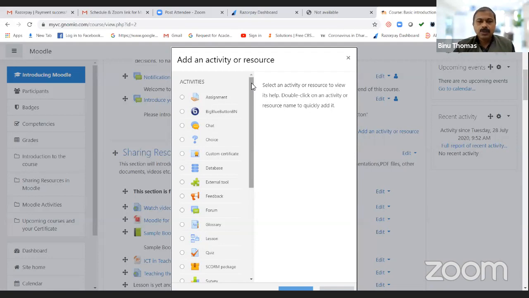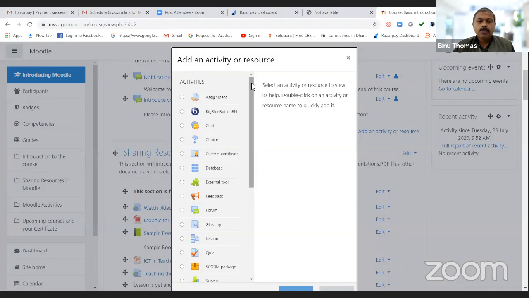But once it comes to the Genomio Moodle website, they are providing the server for us. They are providing us the server facility, the server space. They have installed Moodle for us, and we are just using their server facilities. So if you are using Genomio Moodle, we don't have the freedom to install all the